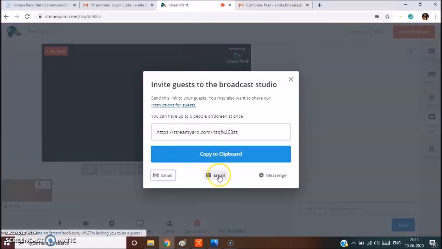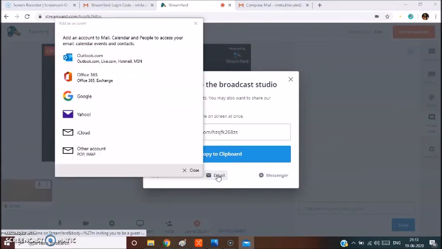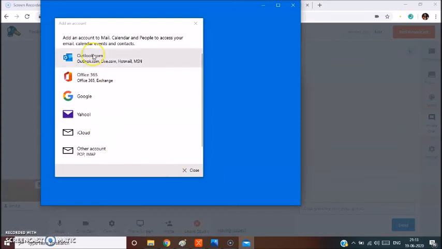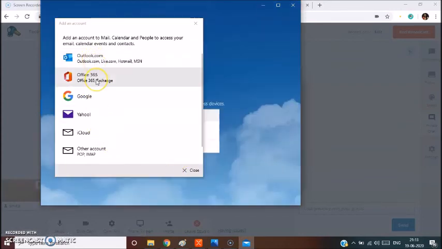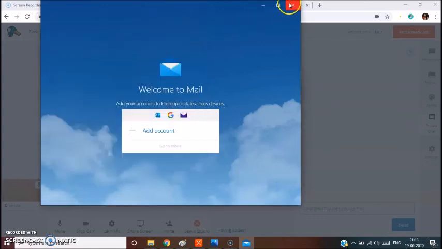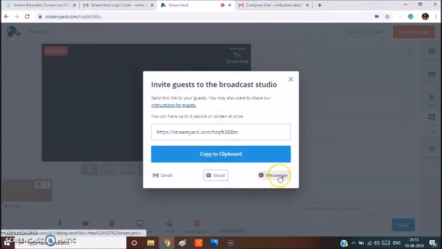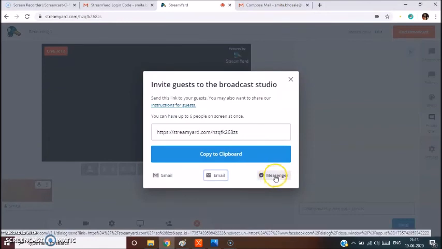Or else select the email option where you can send the invitation through outlook.com, Office 365, Google, Yahoo, iCloud or some other account. At present I am closing it. Or else you can also send the invitation through Facebook Messenger.